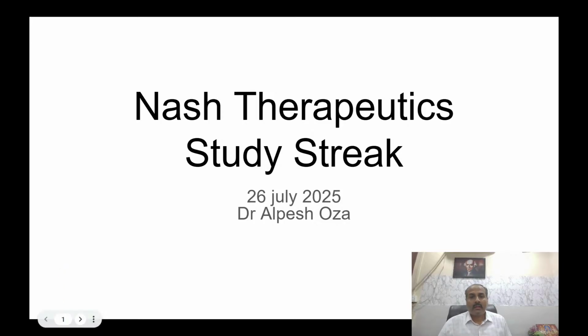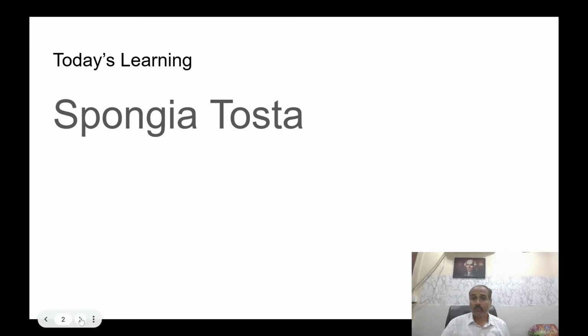So let us continue with Nash Therapeutics study streak and the remedy that Dr. Nash mentions after the ones that we discussed yesterday, eupatoriums and capsicum, is Spongia tosta. Now, if there is one remedy which gives you an insight into how Dr. Nash practiced and how he repeated, what are the follow-up guidelines in acute cases, then Spongia has to be one